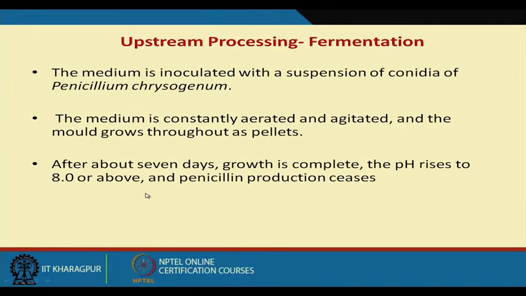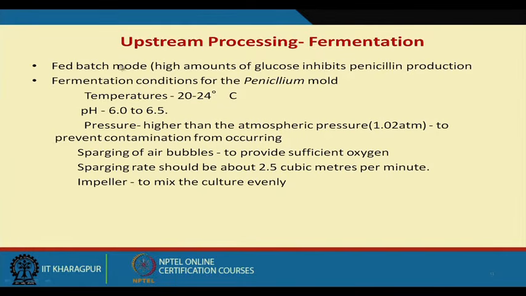After the end of the fermentation, the pH rises to 8. In batch mode, high glucose inhibition of penicillin production takes place. That can be taken care of by using the fed batch reactor. The fermentation conditions are 20 to 24 degrees centigrade, pH 6 to 6.5, and pressure higher than atmospheric pressure, about 1.02,